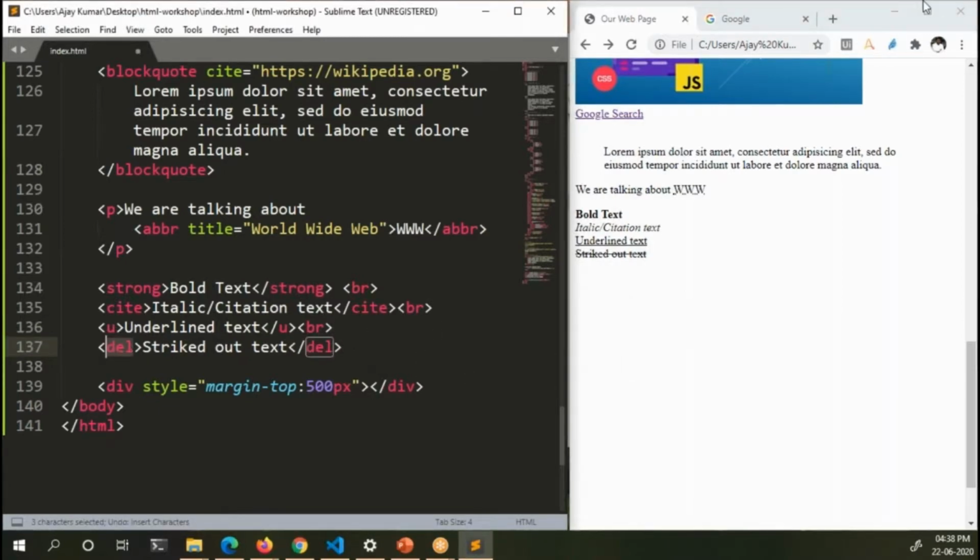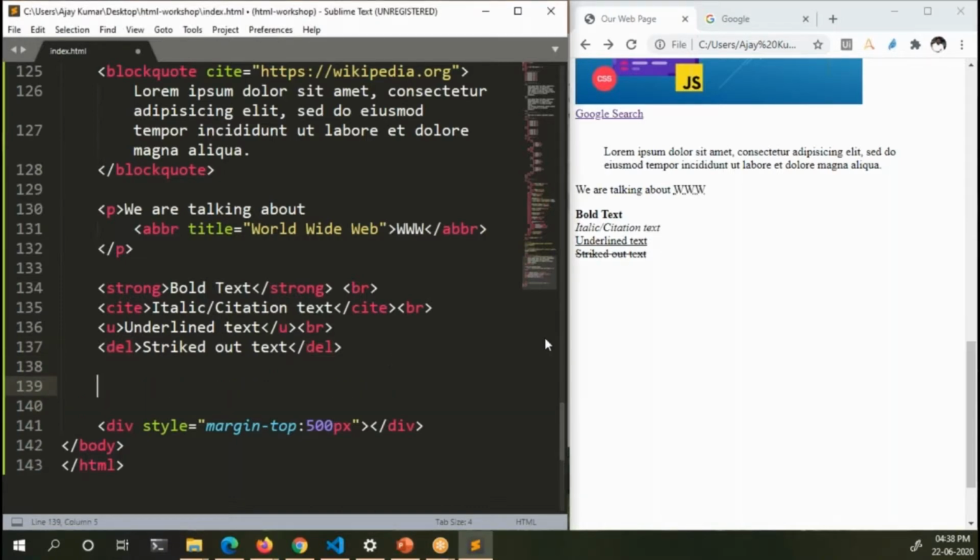Okay, and I think those are most of the tags that we have covered. Oh, and one more tag, not important but a very useful one. For example, if you want to display something as subscript and superscript, there are tags for that, right?